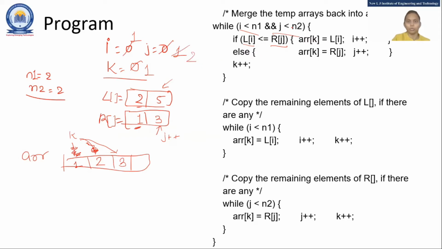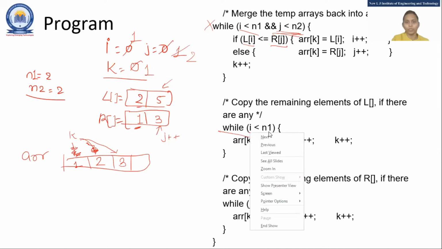And it is out of the loop. So this condition is wrong. So the while loop becomes false because we don't have anything to compare. So the while loop says come out of this loop. Okay. So after coming out, check. I is 2. Sorry, I is 1 and N1 is 2. So is it fine or not?